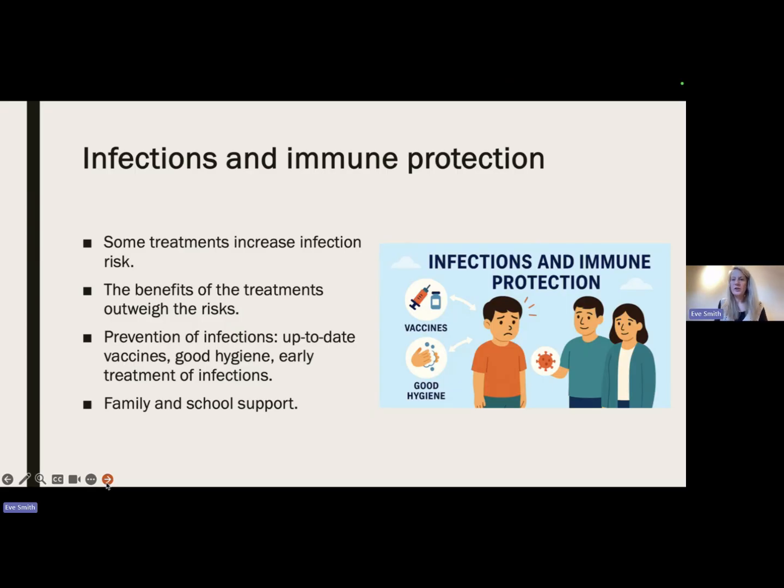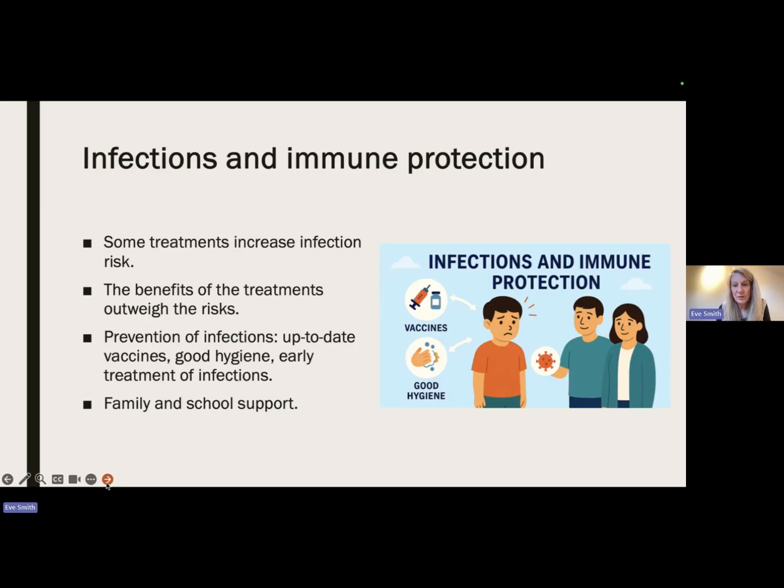And then thinking about infections is important. Usually in rheumatic diseases, we're talking about an overactive immune system, which is attacking the body and causing the different manifestations. And the treatments that we use are trying to sort of calm that down. And it's far more risky to have uncontrolled inflammatory disease than it is to be on these treatments in the vast majority of cases. The things that we can do to try and prevent that are things like making sure